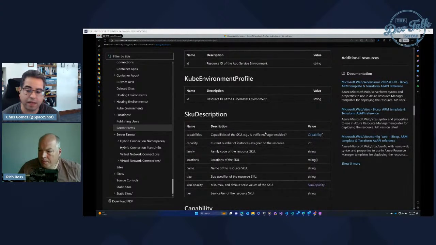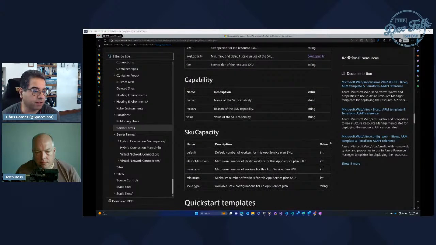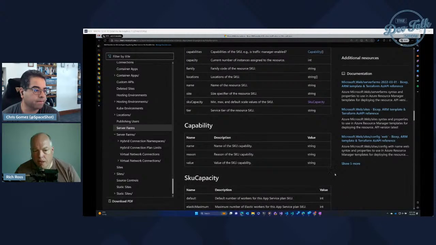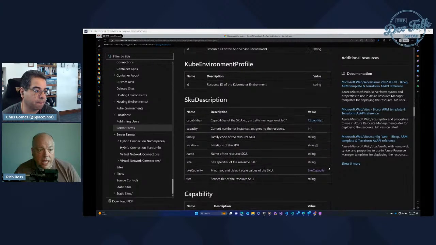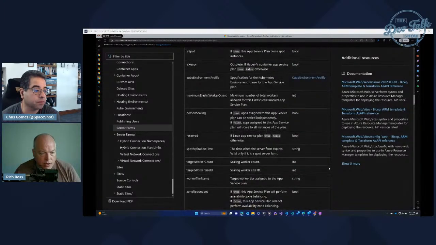Now, unfortunately, this sample also goes with B1. So they have SKU and then the property, but the only property in there was just name B1. That was it. There was nothing else. Now, granted, you may be able to do more than that, but they did not say S1 in standard in this particular example I'm looking at. Okay. So it may be that in the definition of